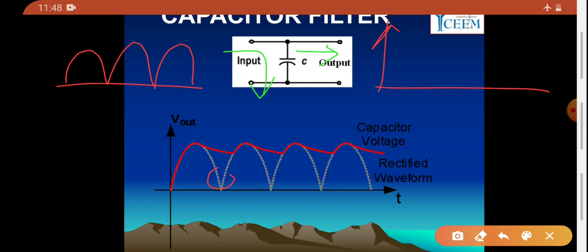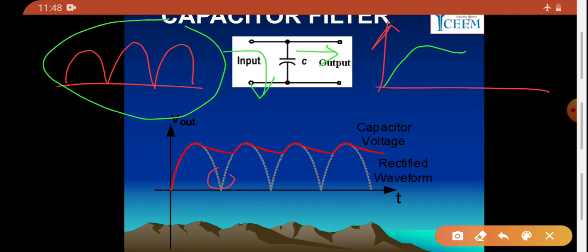Okay, capacitor passes AC, so for AC, capacitor will act as a closed circuit, and those components will be given to the ground, and DC will be available at the output. Okay, so if this is the input signal given, capacitor will start charging to its peak value, then as input reduces, it will discharge, and charging and discharging will continue, so that you will get such type of waveform.